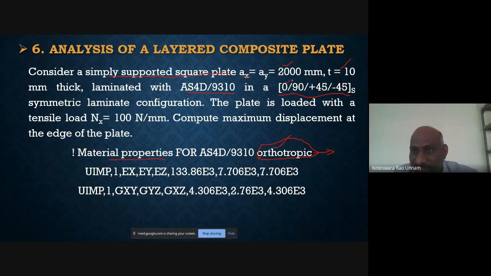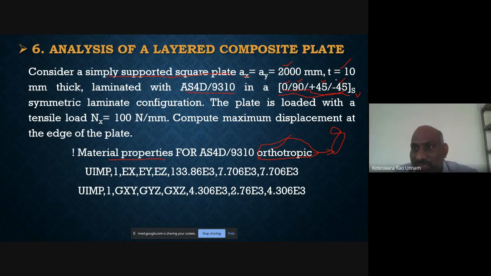First layer is 0, next is 90 degrees, next 45 degrees, next minus 45 degrees, and then he used the letter S, which means symmetric layers. These are the 4 layers, and another 4 layers symmetric to this, so there are a total of 8 layers.